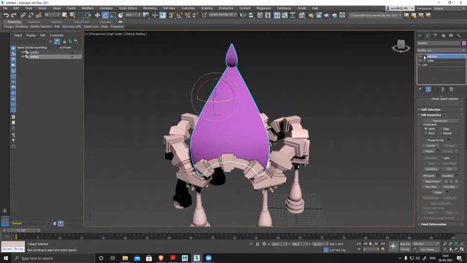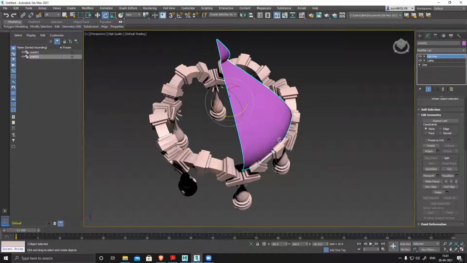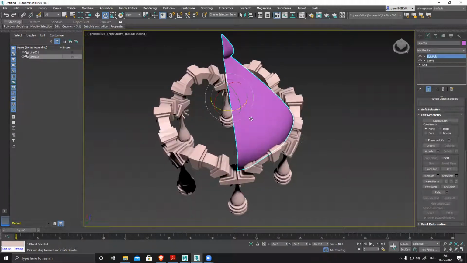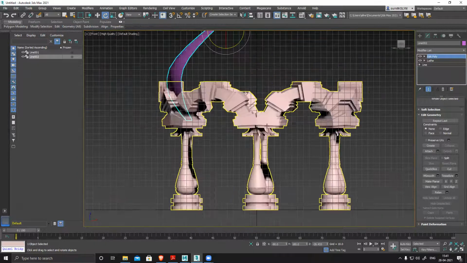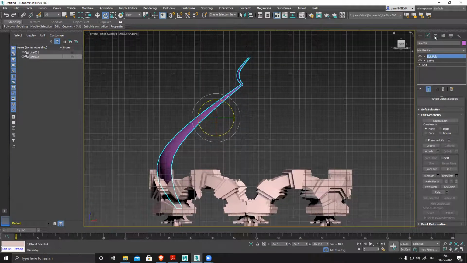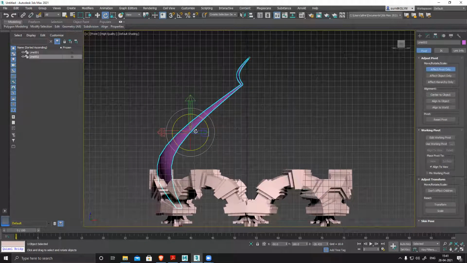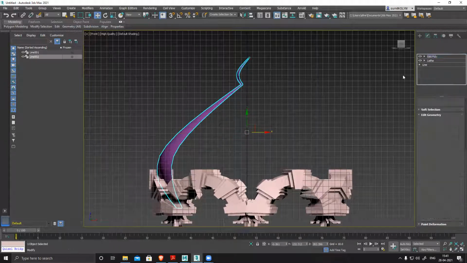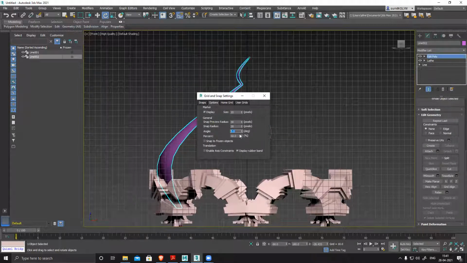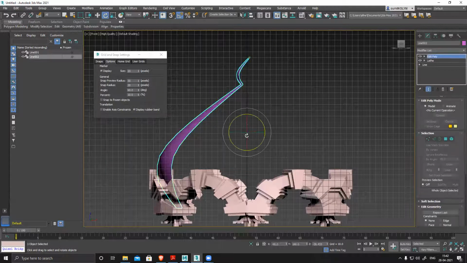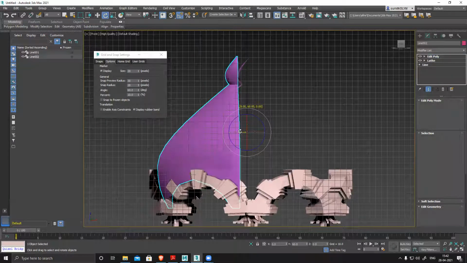Now this section I need to repeat multiple times. This is also 60 degrees, and I have to copy it around. So I have to adjust the pivot point. Go back, switch on rotation, right click, and under angles type 60 and just click it. That's it. Shift and click 60.